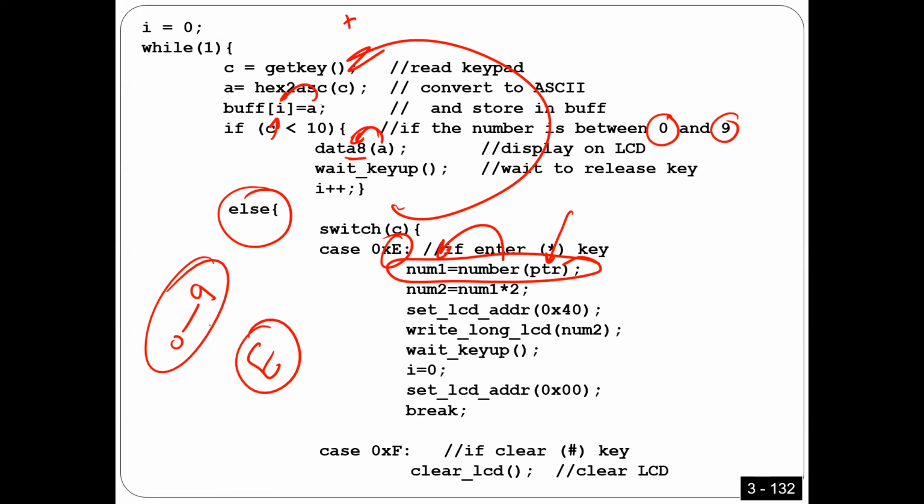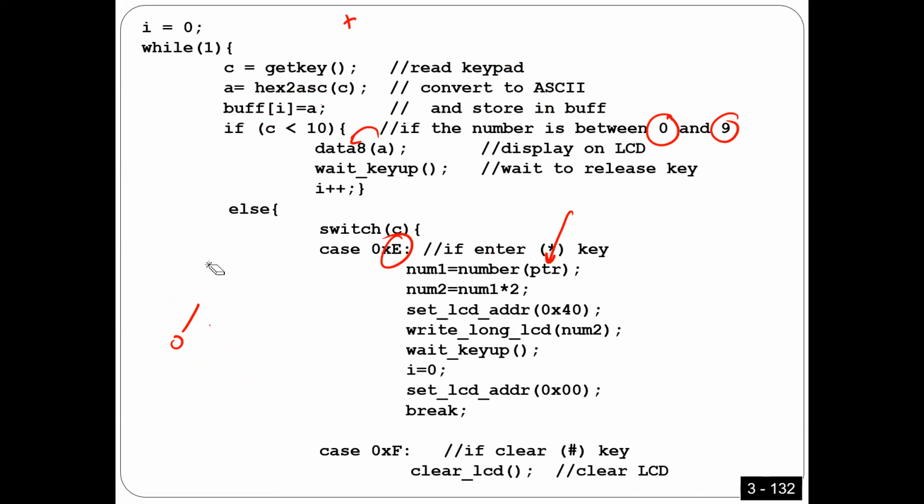Next time, get a number, put it in the array at location I, and then increment I. I'm going to keep doing it this way, as you see here. As long as you enter numbers, I'm just going to keep looping in this part. Every time, I increment I and put this number in the register here, okay? Now,